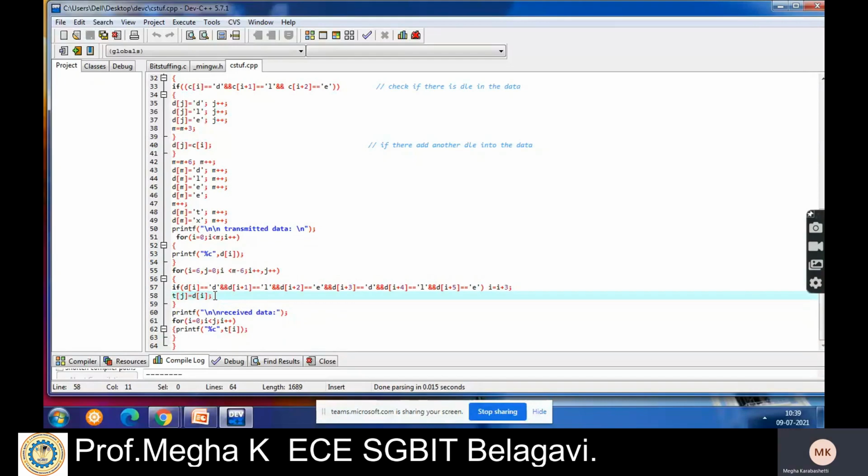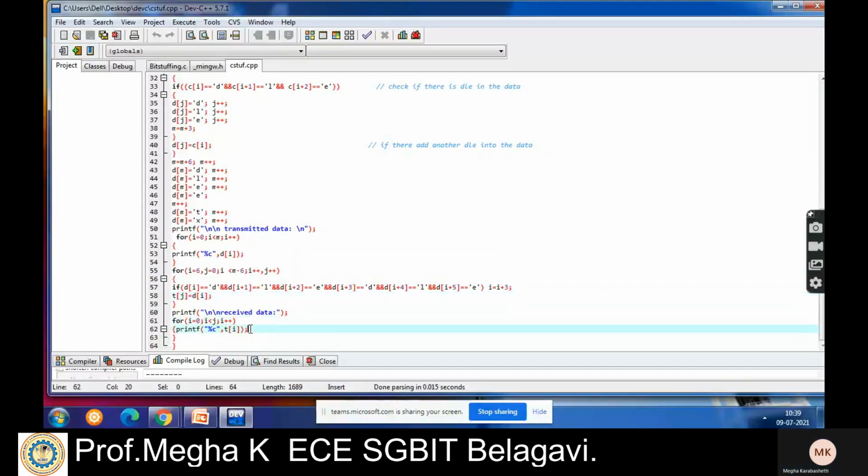Transmitted data and received data are the same, but only if there is only one DLE. If there is another DLE there, you remove one DLE and then you can read the received data. So at the receiver, we just remove DLE STX and DLE ETX, and then we only get the original transmitted data. Now I'll print the received data like this.